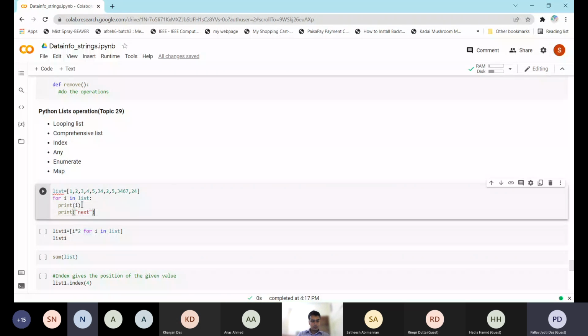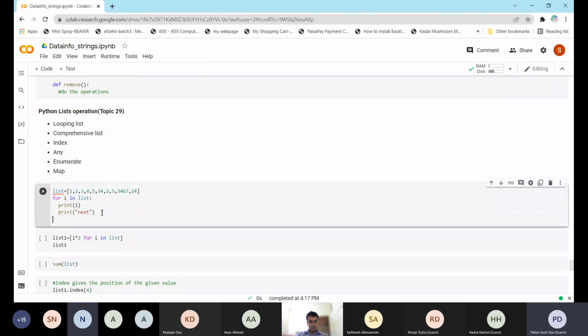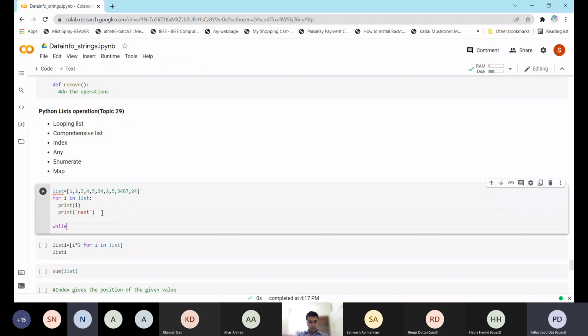Looping the list. For looping the list, we have to use a for loop, or as covered in the previous session, we can also use a while loop and have a break. So if we have to use a while loop,